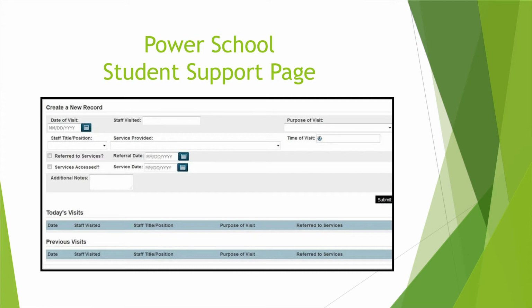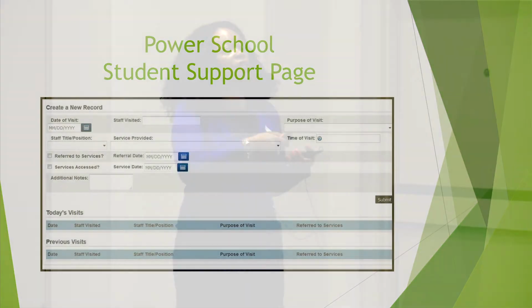Our building administrator, because we kind of went back and forth, should building administrators have this? Of course they should. They run the building. They should know what's going on with their students. The school nurse, the school social worker, school counselor, and school psych. So these are the only folks that will have that information related to the student.